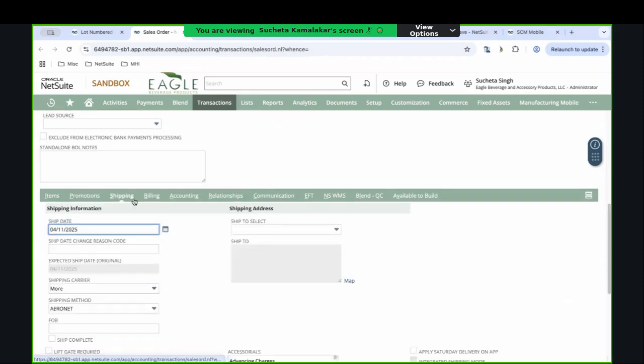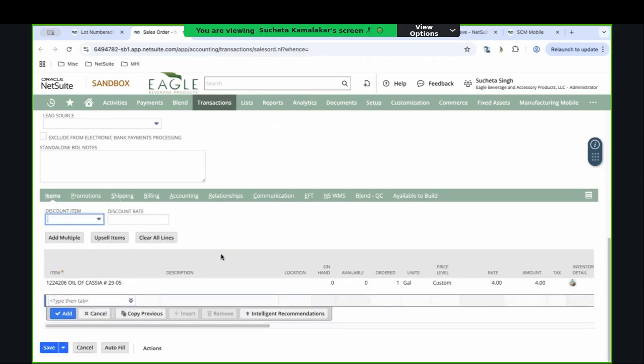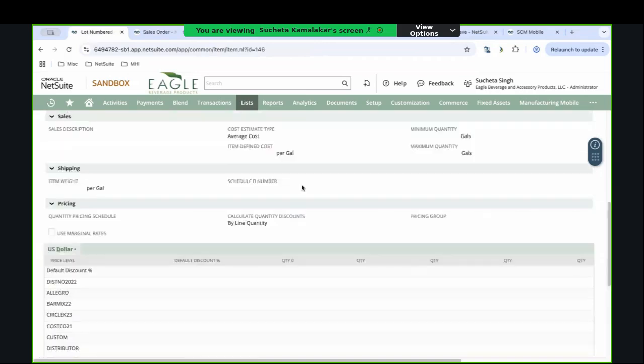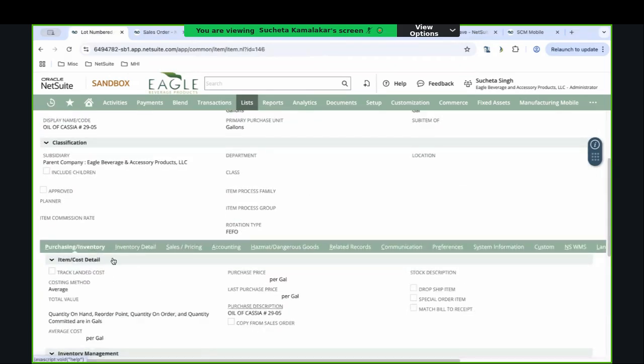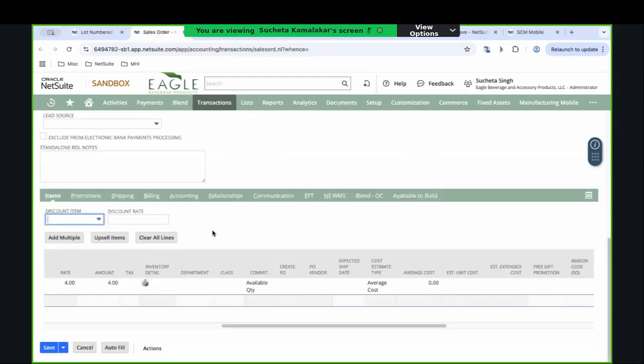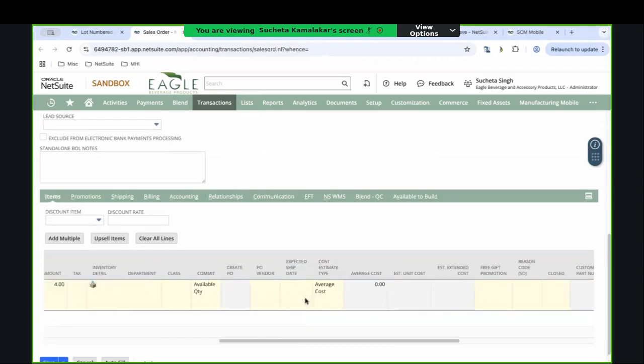For now, the same concept applies to ship date and all of that. I'm not really getting into that again, but shipping address, same concept. It flows from the customer, otherwise you update it here. And let me just say, did I need to select anything else? Let me make sure. Okay, so if this item had been something where this checkbox, the special order item, had been checked,